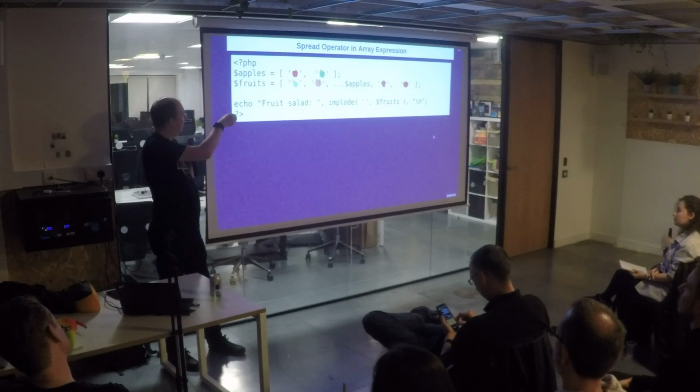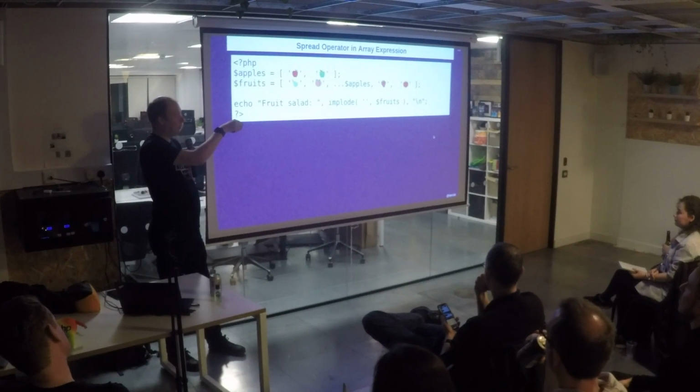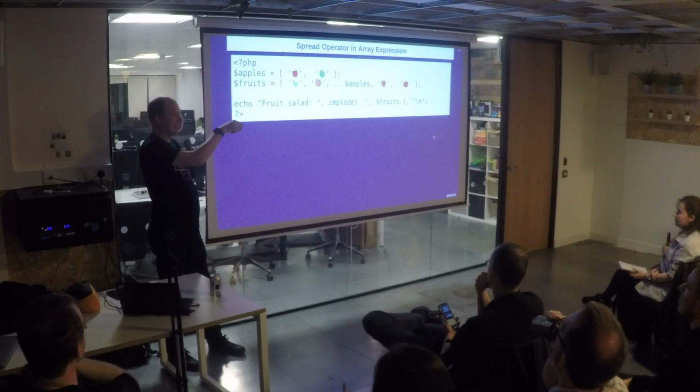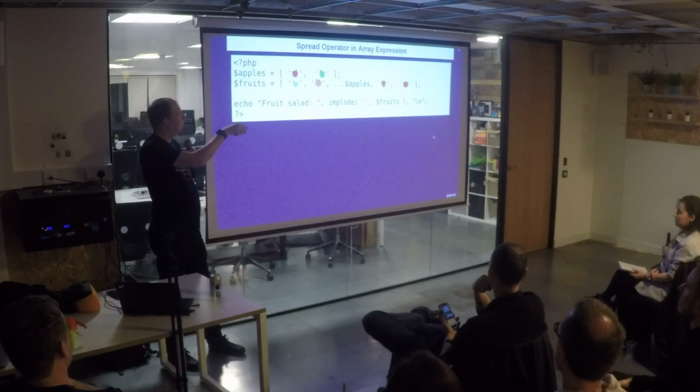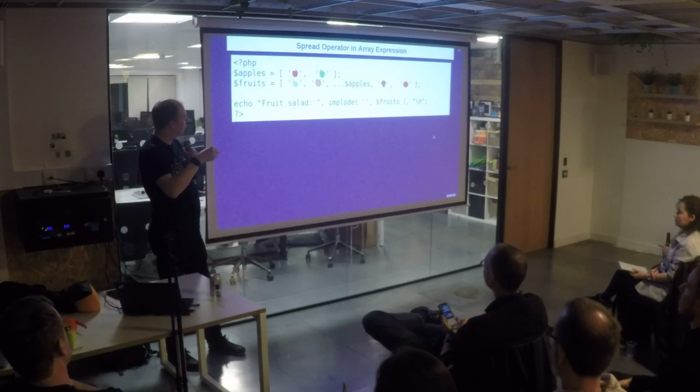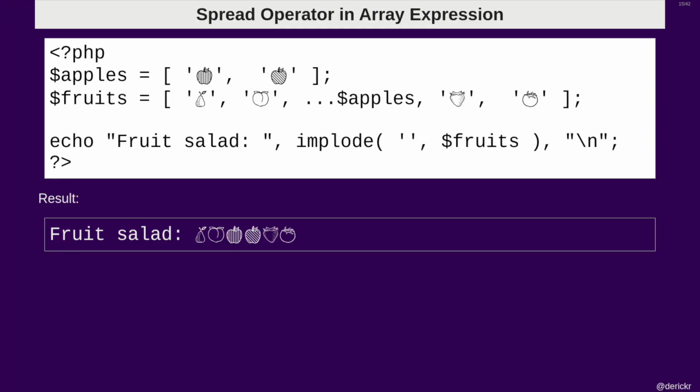So say we have an array here that is apples, a red apple and a green apple, and then we say fruits. So we have a pear, a peach, the red apple and the green apple, because this gets expanded inline, a strawberry and a tomato. And when you then call fruit salad and dump all of them, you'll see that the output is all the fruits in a row.